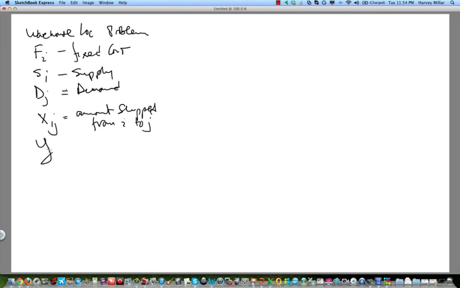Then we'll have a variable y_i, which is contained in {0, 1}, which basically means